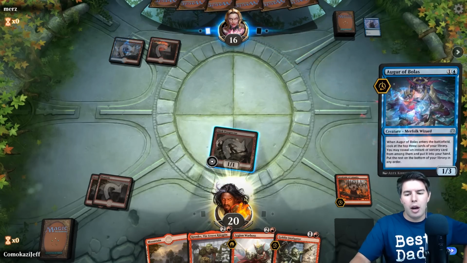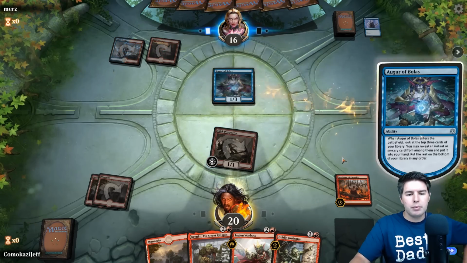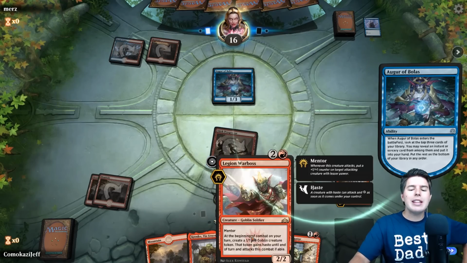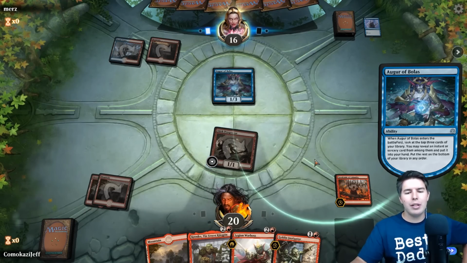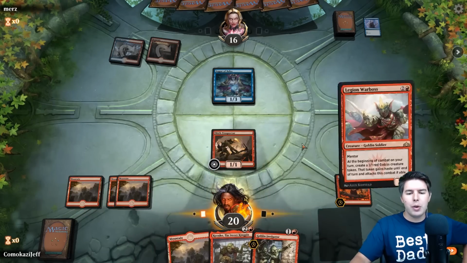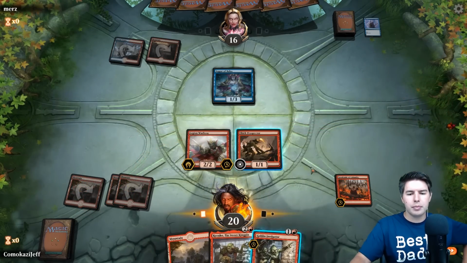Let's see what they're going to play. Augur of Bolas. All right. Perfect. We will get down Legion War Boss now to make sure that we have at least some damage coming in. So let's go ahead and Legion War Boss. And next,